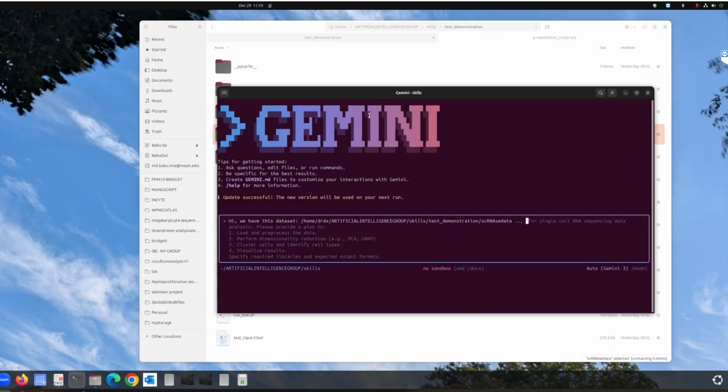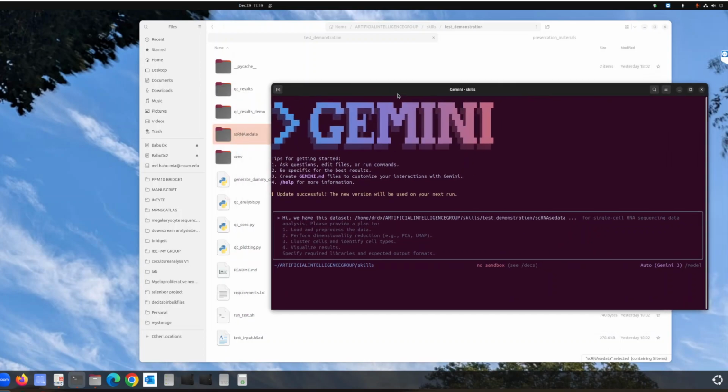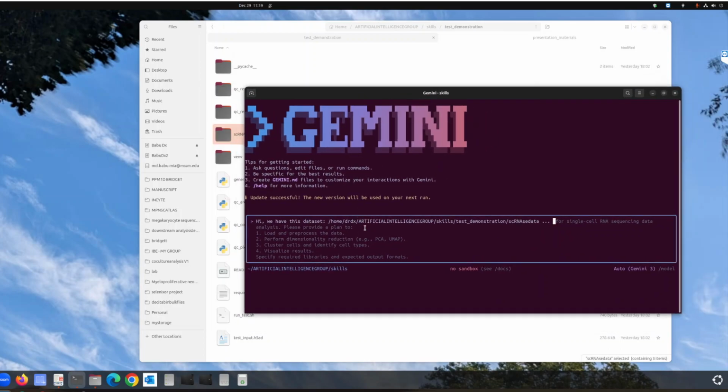We have this specific bone marrow single cell RNA-seq data set, three donors, and now I want it to use the skills that are in here, because otherwise it will be wandering here and there. So I want Gemini to use the skills